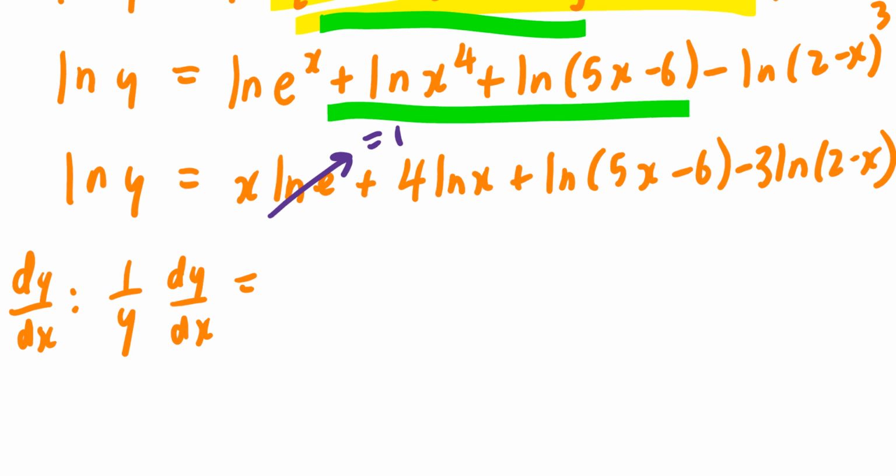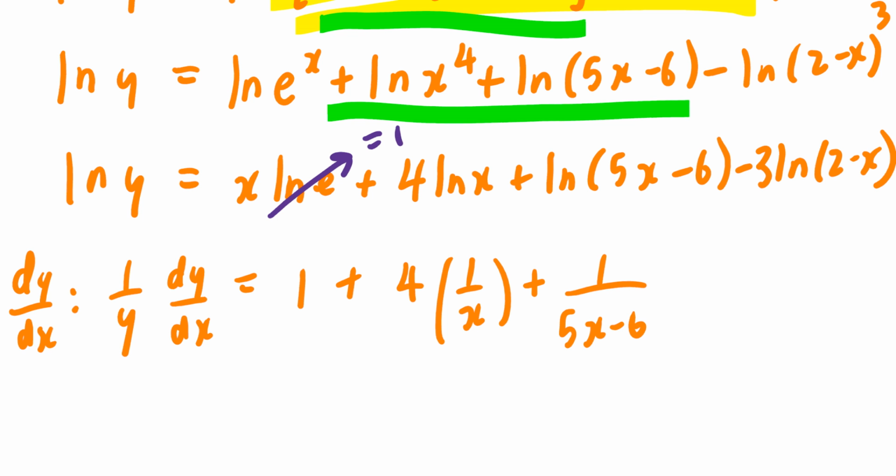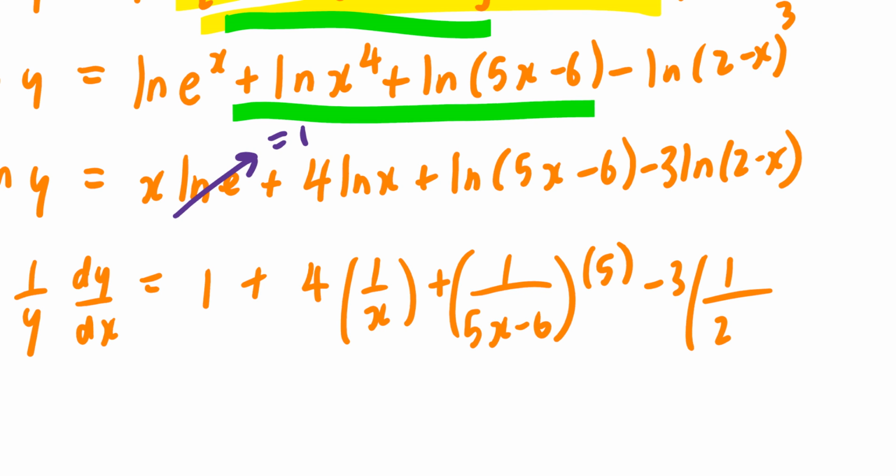When you take the derivative of x, that's going to be 1, plus 4 times the derivative of ln x, which is 1 divided by x, plus the derivative of ln of (5x minus 6), which is 1 divided by (5x minus 6) times the derivative of 5x minus 6, which is 5, minus 3 times the derivative of ln of (2 minus x), which is 1 divided by (2 minus x) times the derivative of 2 minus x, which is negative 1. Now again,